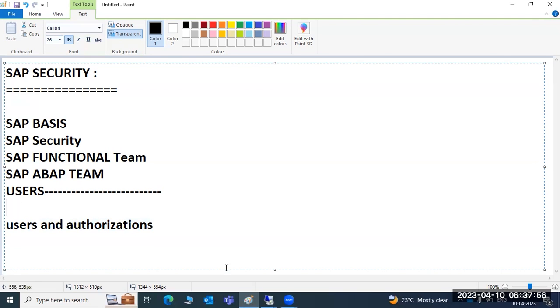Suppose I have system wide access: I will do the development, I will do the functional work, I will do the security. Then you are breaching your responsibility. The development was supposed to be performed by the DevOps team, but if you perform it, it's a security breach. Definitely it's a violation, right? To avoid this,